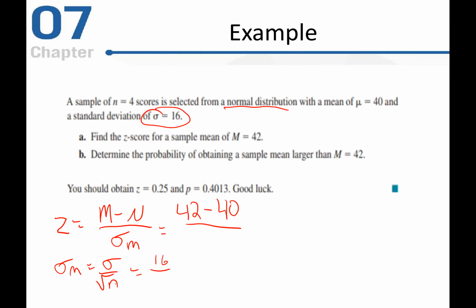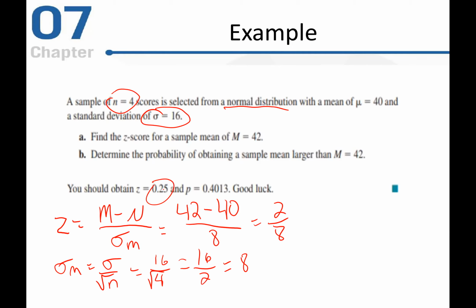The sample size is 4. So 16 over 2 would give us a standard error of the mean of 8. So we put that right there: 42 minus 40 over 8 is 2 divided by 8, and that is going to give us a z-score of